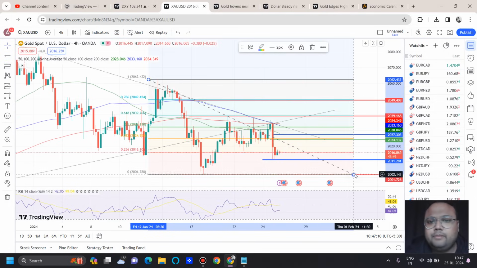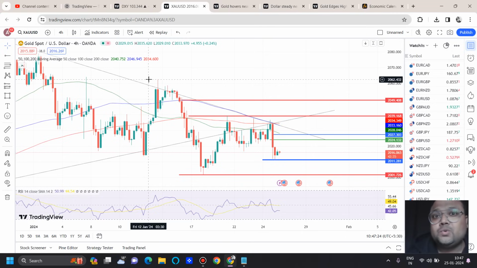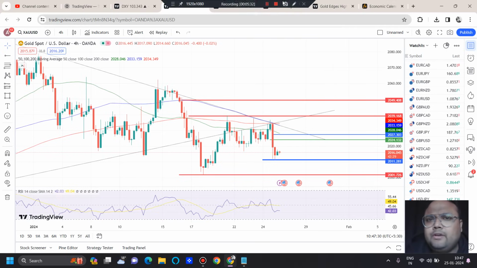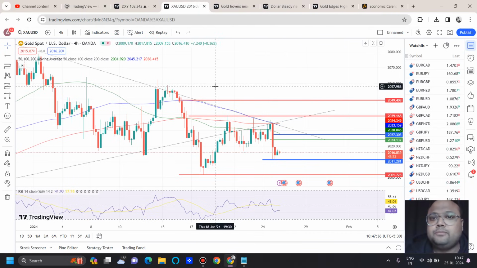Market is respecting FIBO very well. Okay, and around 2050 we can see we have FIBO 78.6% retracement level, but FIBO is not playing the main role here. The main role is being played by the number 2050. Why? 2050 is a round number. It's a psychological resistance. So around 2050 we can expect that there will be some selling pressure. If market reverses according to expectation, we can look for a sell position. Okay,